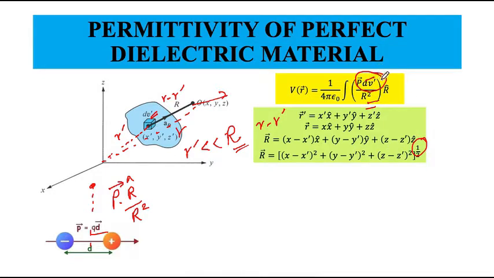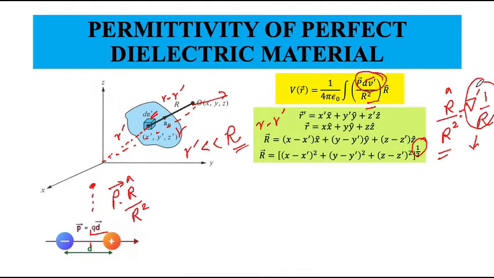So I have inside the integral R hat by R square. Okay, so this quantity is actually related to del dash of 1 by R. Now 1 by R is definitely a scalar function. So this might look okay, because on the right hand side there is a scalar and on the left hand side there is a vector, and the del operator on a scalar will give you a vector. That might be alright. However, what is the prime on this del operator? We have not talked about a prime on the del operator.